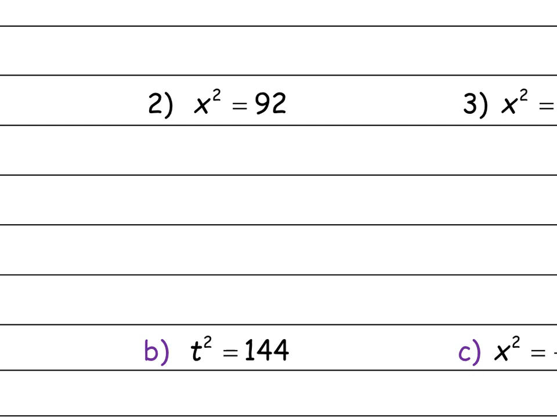Square root again, right? What am I going to do? Well, I'm going to square root it. So I've got x equals, and then I'm going to figure out what the square root of 92 is, and it's not a perfect square. So let's see, 92,